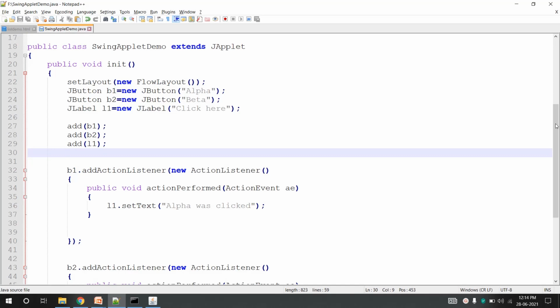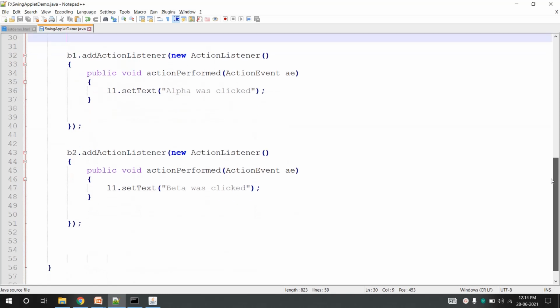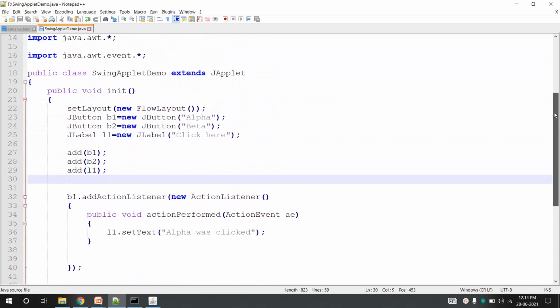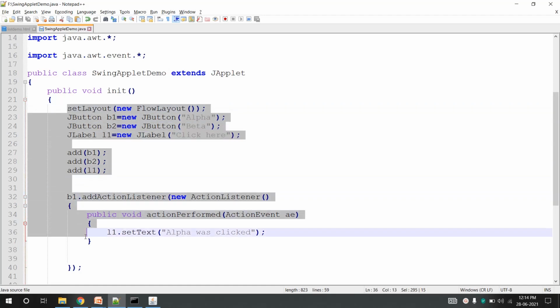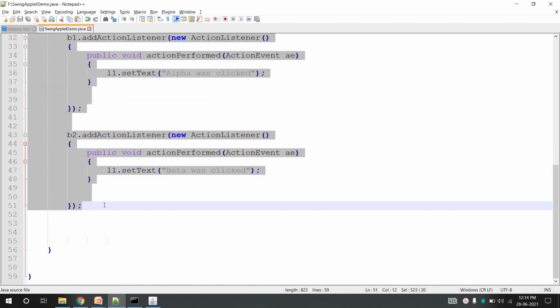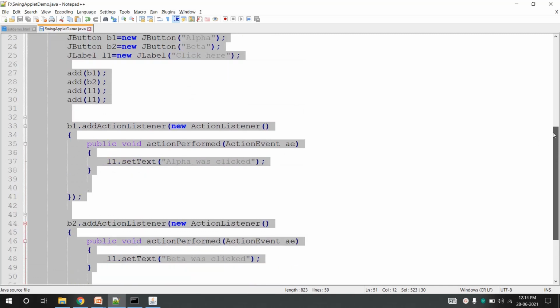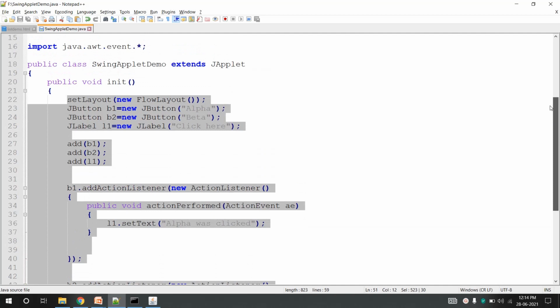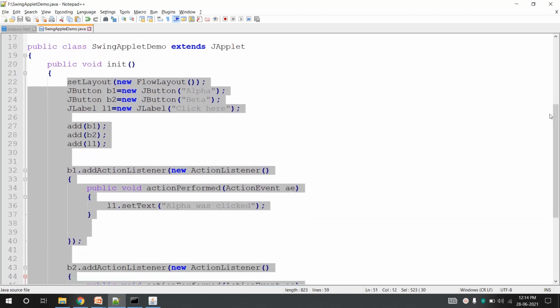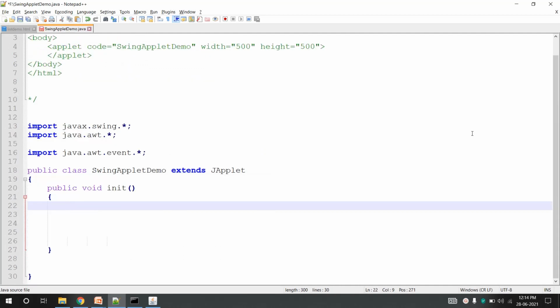So we have created a GUI inside the init method, right. What we have to do is execute this complete code inside the event dispatching thread. So we have to use the swing utilities here. For that purpose, instead of adding this complete code inside init, I'll just cut it from init,